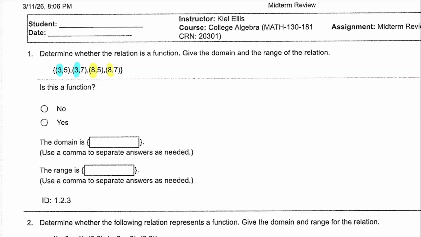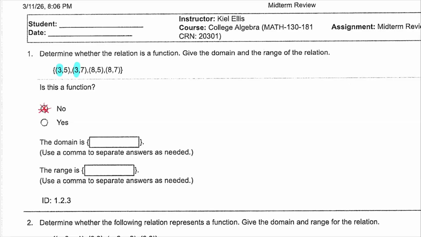But the thing is, if any one x value repeats and goes to 2 different y values, then it's not a function. So the thing to look for is, do any of the x values repeat, and make sure that if it repeats, it has to go to the exact same y value. And you're probably never really going to see any setup like that. So this one is not a function,